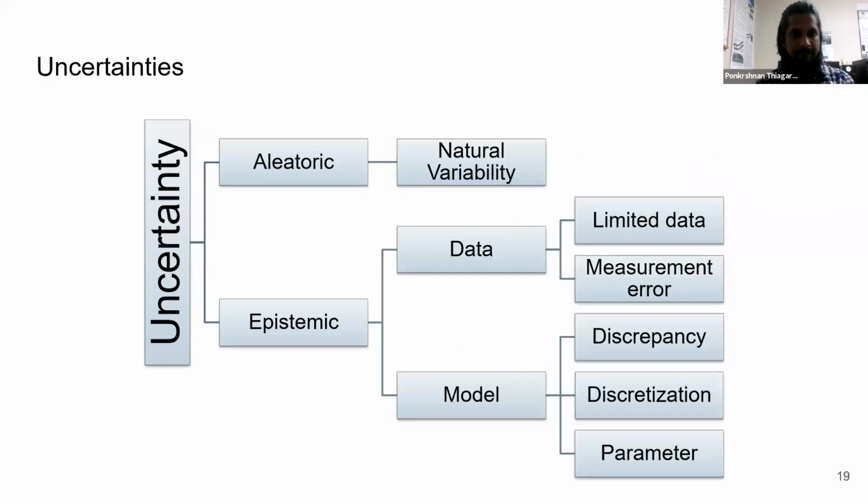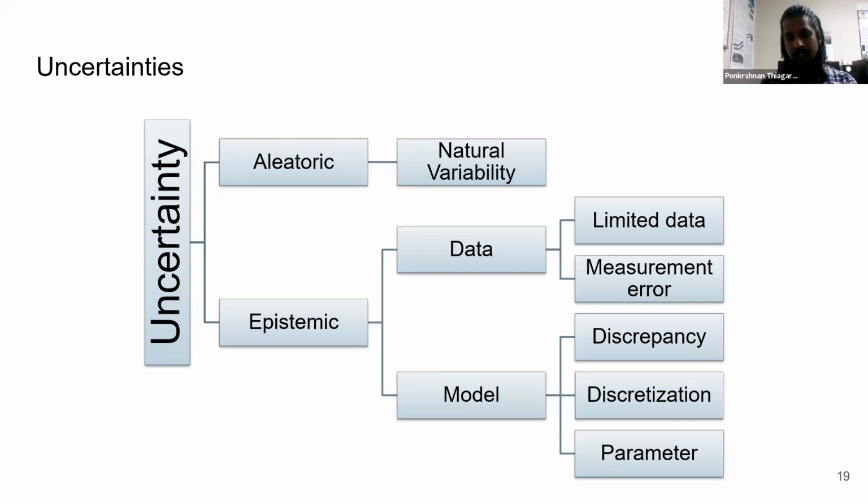Now the motivation for uncertainty quantification is presented. A computational model has a lot of uncertainties associated with it. These can be basically divided into aleatoric and epistemic uncertainties. Aleatoric uncertainties represent the natural variability in the physical system. And the epistemic uncertainties can be further classified into data uncertainty and model uncertainty. The data uncertainty is caused because of limited experimental data or errors in the measurements of experiments. And the model uncertainty can be further subdivided into discrepancy uncertainty, discretization, and parameters, where discrepancy uncertainty measures the